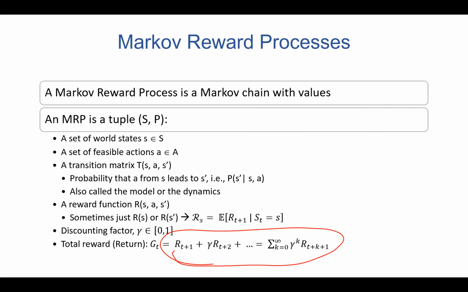In this equation, you're seeing gamma. Let's very briefly talk about what gamma is in this equation. It's basically a discounting factor. It ranges from 0 to 1. It actually tells us how far we have to look in the future. How far do we have to look in the future?